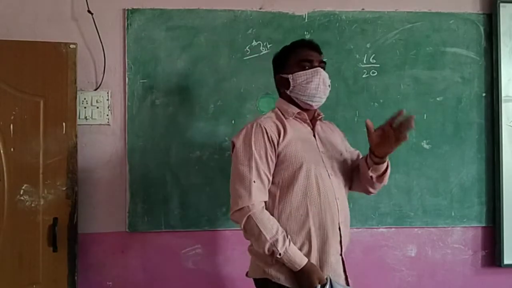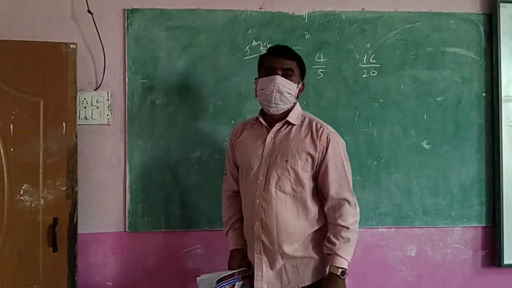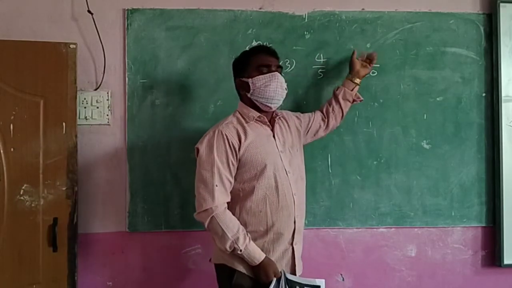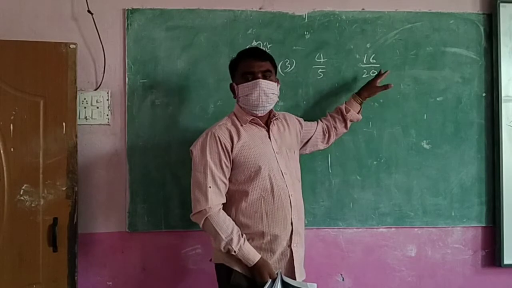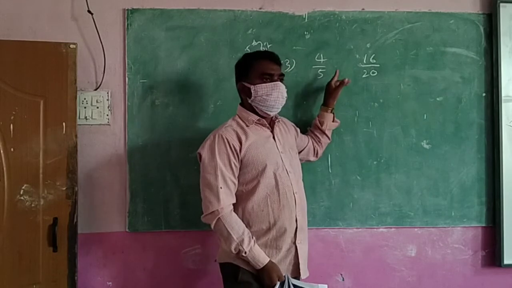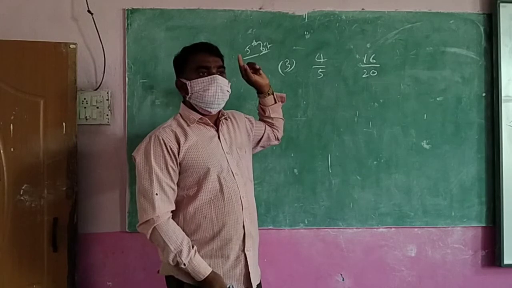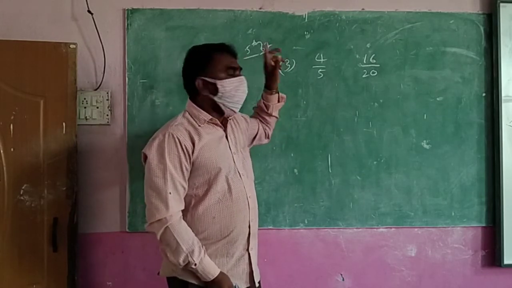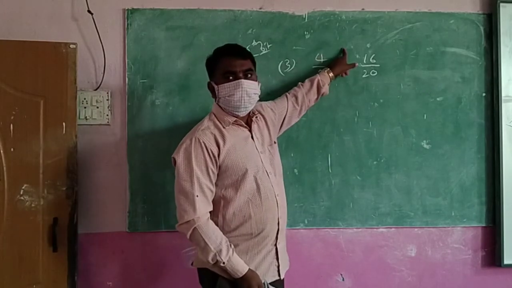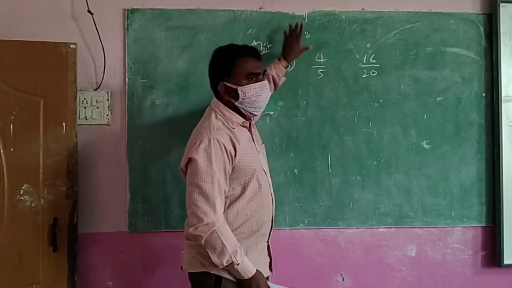I said to you, you can convert to standard form. You remember, by multiplying or by dividing you can change the fraction. By multiplying with the same number or by dividing with the same number, you can change the fraction. This is 4 by 5, no? You can change it. How do you change it? By multiplying the same number or dividing by the same number. Suppose you multiply by 2 and 2 here: 4 twos are 8, 5 twos are 10. You can change this fraction as 8 by 10 also.